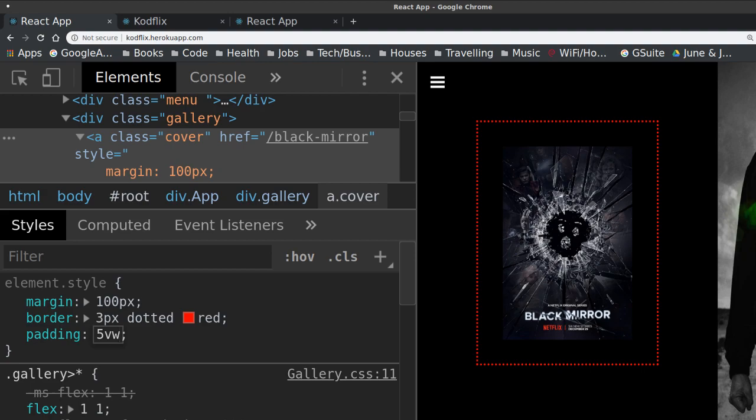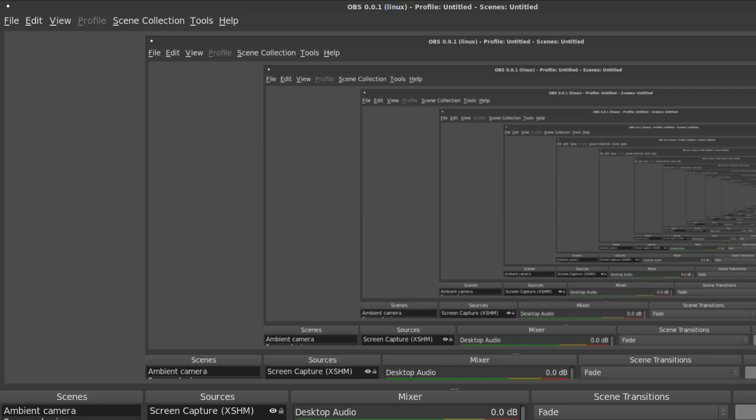Do you play with snippets? Yes. Do the challenges? Yeah. Play with